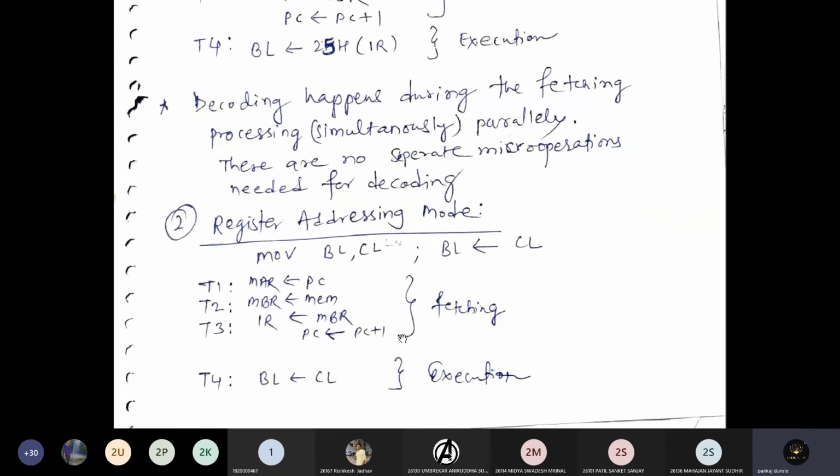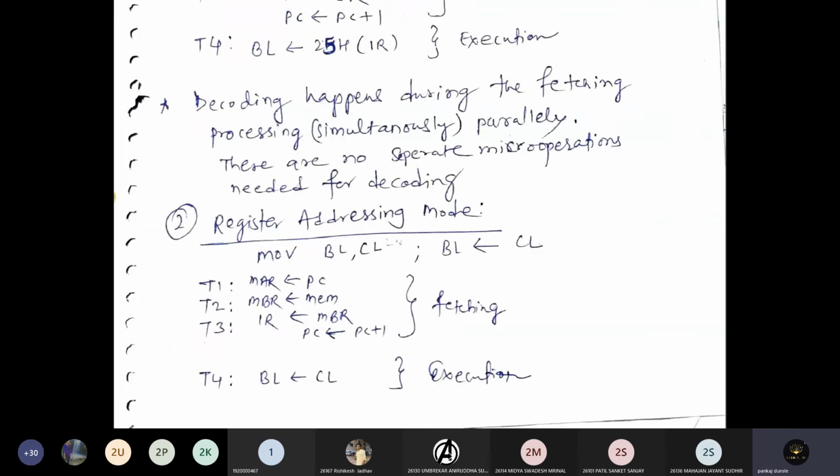Now we will study the micro operation for register addressing mode. MOV BL, CL. In this instruction, MOV is the instruction, and BL, CL are the operands. As this is the move instruction, BL is the destination and CL is the source.